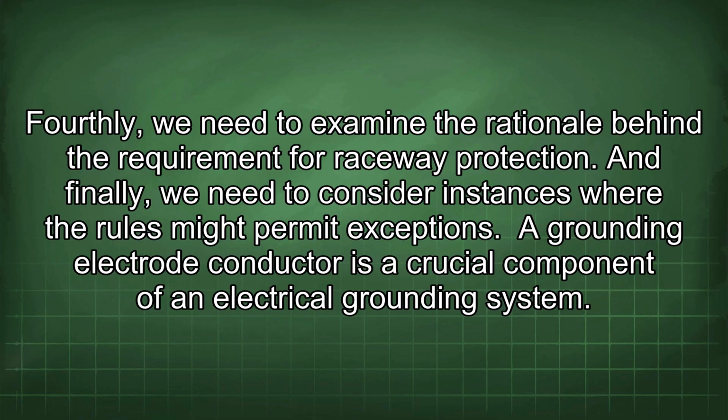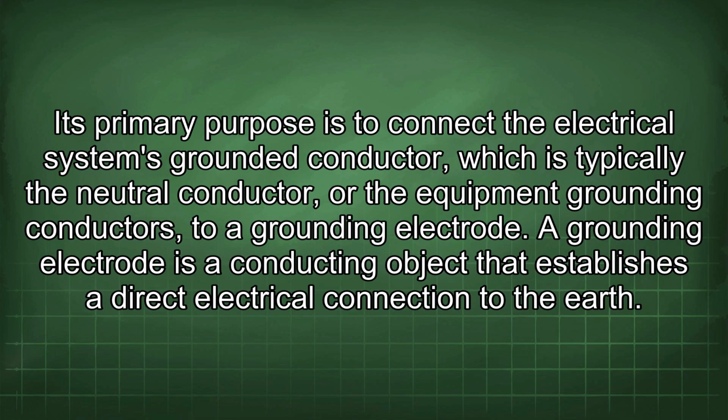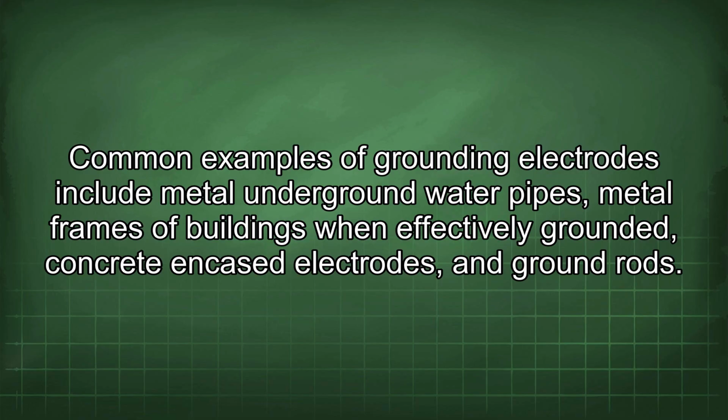A grounding electrode conductor is a crucial component of an electrical grounding system. Its primary purpose is to connect the electrical system's grounded conductor, which is typically the neutral conductor, or the equipment grounding conductors, to a grounding electrode. A grounding electrode is a conducting object that establishes a direct electrical connection to the earth. Common examples of grounding electrodes include metal underground water pipes, metal frames of buildings when effectively grounded, concrete encased electrodes,